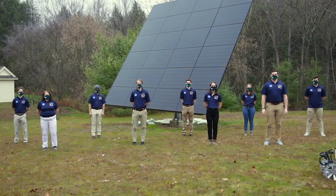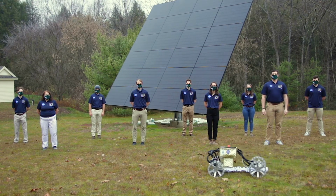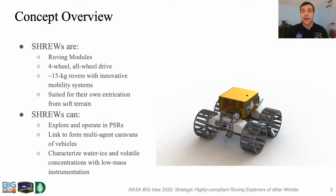Hi, I'm Laura Ray. I'm the faculty advisor for this team, and I'd like to thank NASA and the Big Idea organizers for their support. We're the team from Dartmouth College, and we're proud to present to you our concept for exploration of the lunar South Pole. We introduce Strategic Highly Compliant Roving Explorers of Other Worlds, or SHREWs, a mobility system for lengthy traverses